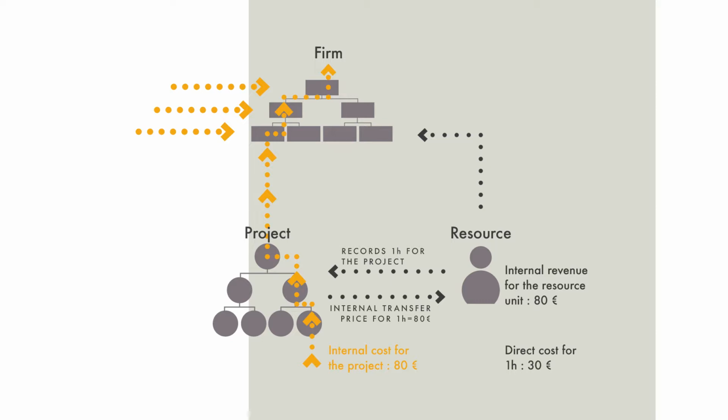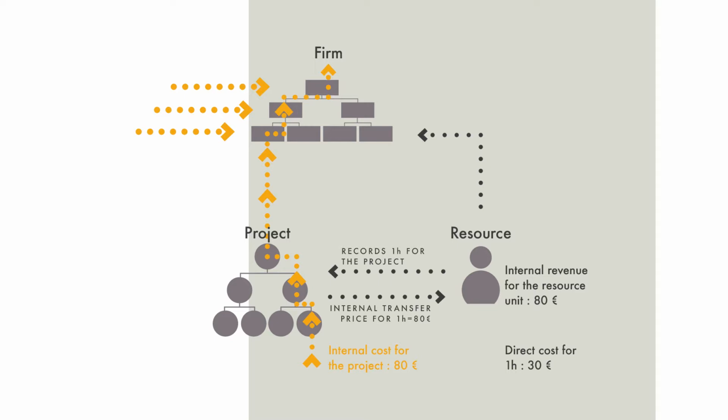So there is internal revenue that the resource unit gets from this 1 hour resource usage, and there is internal cost for the project, 80 euros for this 1 hour resource usage. So these internal man-hour costs are recorded to the project work breakdown structure,